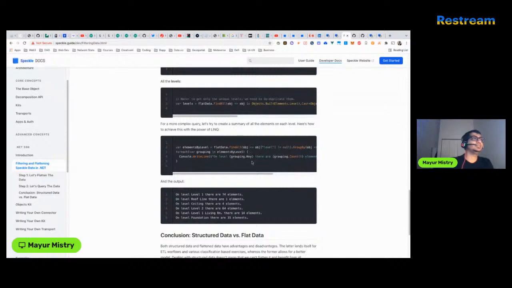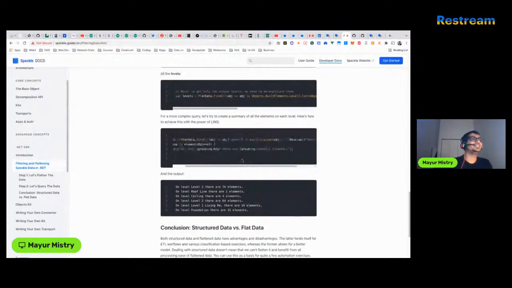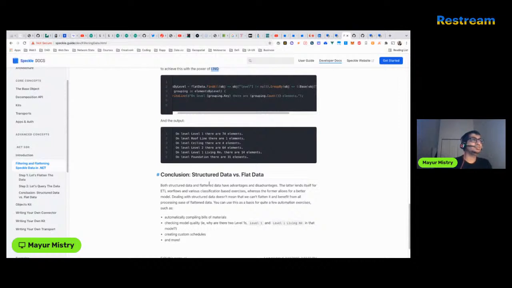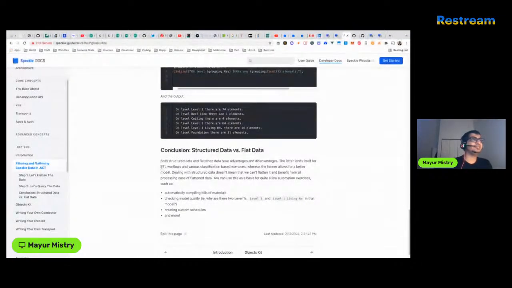For complex query, let's create a summary. Ooh, these guys are reading my mind. And a lot of, yeah, this is like level name. And what is a link? Okay. Conclusion: structured data was much more needed. Both have advantages and disadvantages. The latter lends itself for ETL workflows and various classification based exercises, where the former allows for better modeling. Dealing with structured data doesn't mean that we can't flatten it and benefit from all the processing ease of flatten. You can use this as a basis for a few automated compiling bill of material, model quality. Like there are